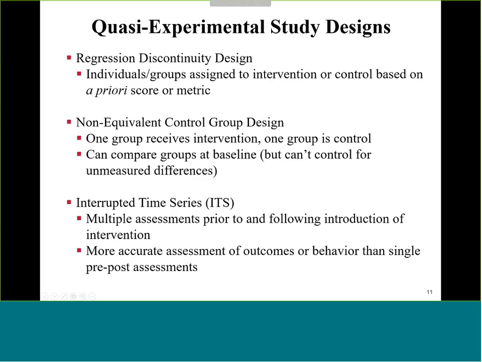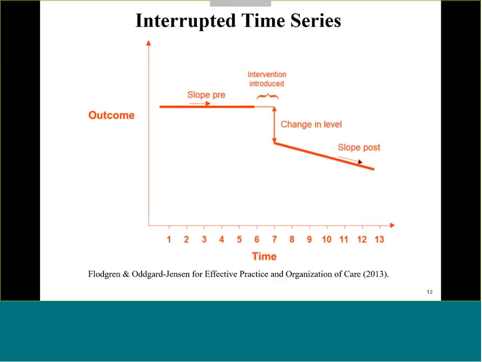An interrupted time series is a nice design because you have multiple assessments prior to and following the introduction of an intervention, or even an implementation strategy, so you can get a more accurate assessment of outcomes or behavior than single pre-post assessments. An example is where you're measuring outcome on the y-axis and time on the x-axis. You're looking at the slope or change over time prior to the intervention. You have a set time when your implementation strategy or your clinical innovation is introduced, and you can determine whether there's a change in slope over time on your